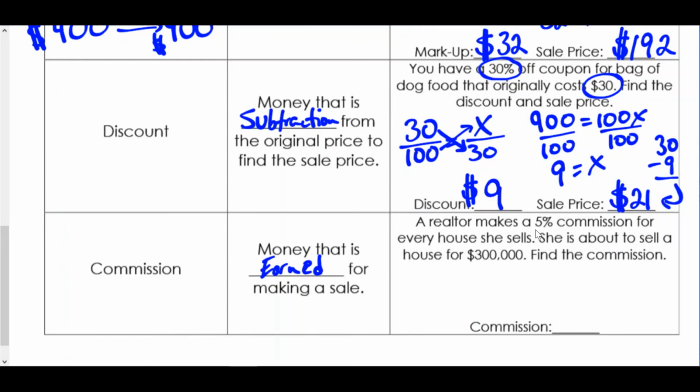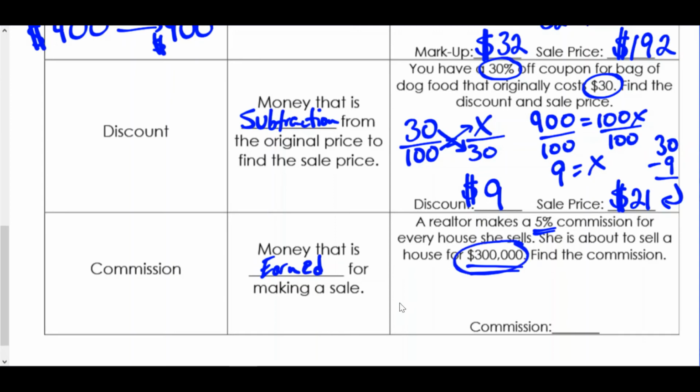A realtor makes 5% commission for every house she sells. She is about to sell a house for $300,000. Find the commission. So commission doesn't get added to the $300,000, it doesn't get subtracted. We just find that number, and that's how much the realtor makes. They don't make any of this money. That's the house. That's what the